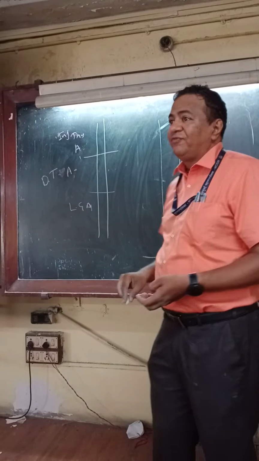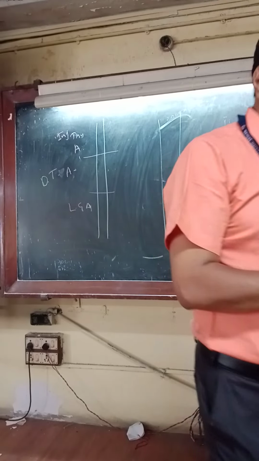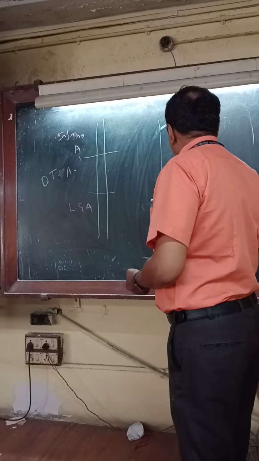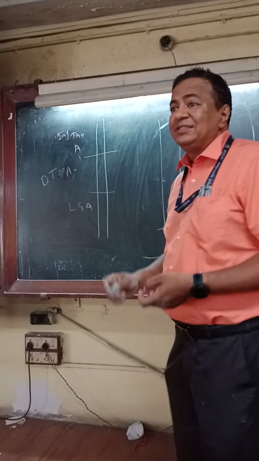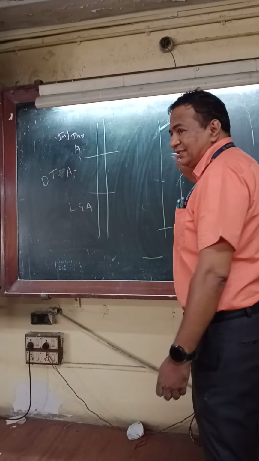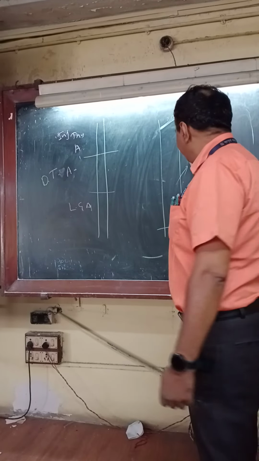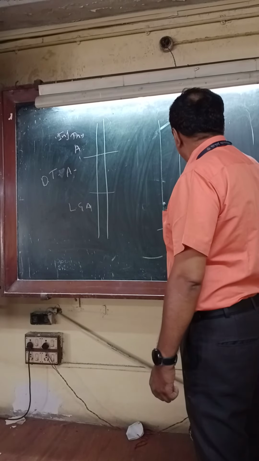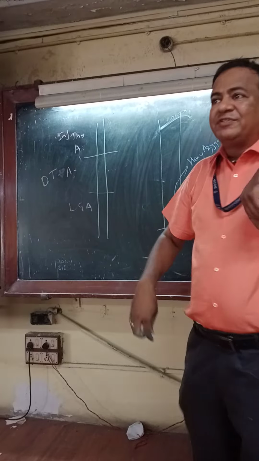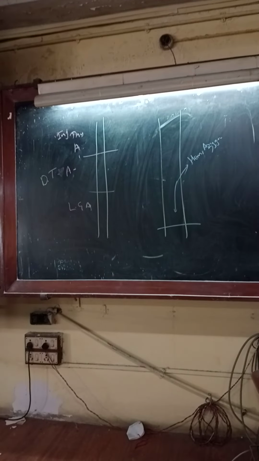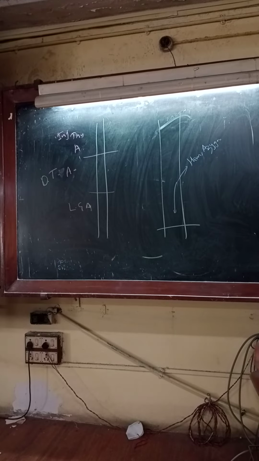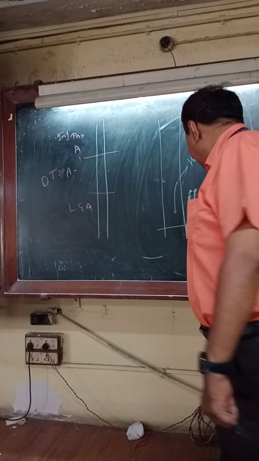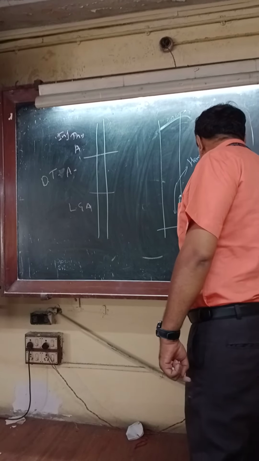What is important in the esophagus is the venous drainage. The upper part drains into the azygous and hemiazygous veins, mostly the hemiazygous. Why hemiazygous? Because the lower end is slightly on the left side, and the stomach is here, so it will go to the hemiazygous. And the lowermost part is drained by the left gastric vein.